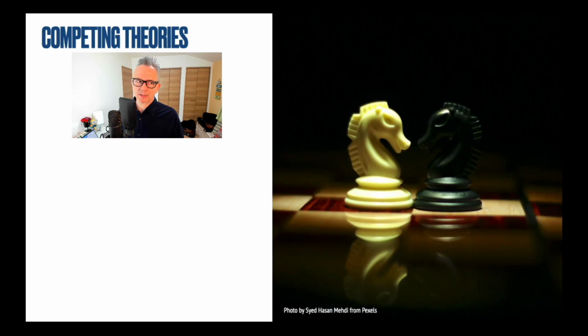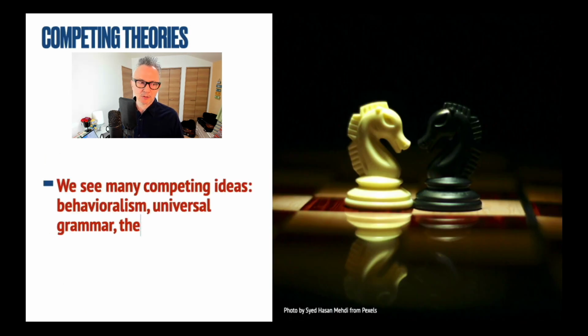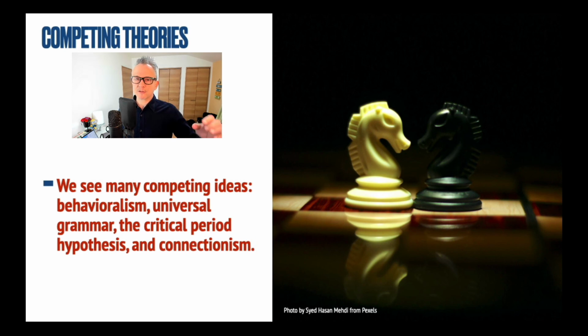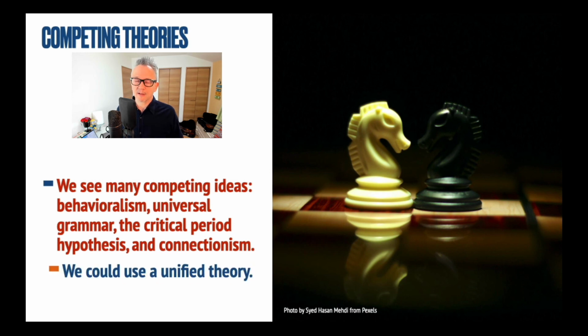So in this short talk, you can see that there are many competing theories, and I haven't covered them all. We can see behaviorism competing with universal grammar, this idea of the critical period hypothesis, connectionism. I didn't talk about interaction. And so what we need is a unified theory, and I propose one